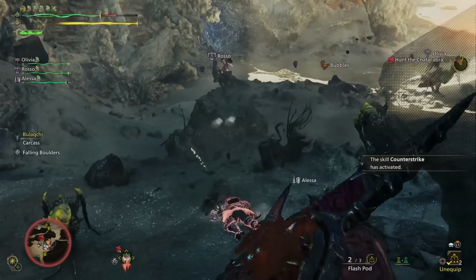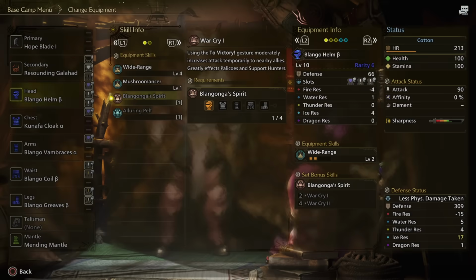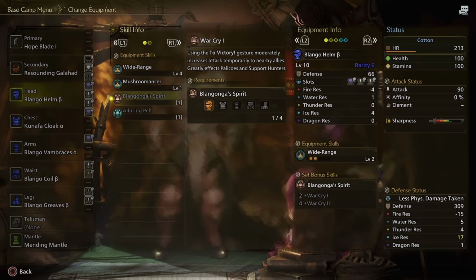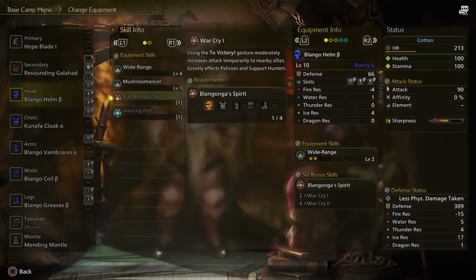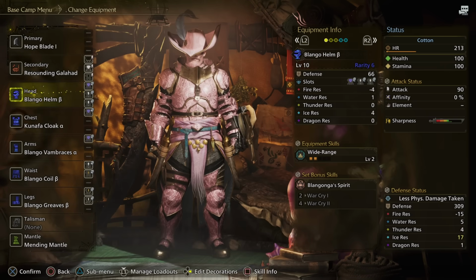Before throwing them at stuff and seeing how they do though, let's go over all the ways that you can boost support hunters. From your equipment, you can use Blanganga 4-set bonus. This makes the For Victory emote apply bonus attack to all nearby allies. For player hunters, this is a +6 raw attack bonus, which is quite small, but the subtext on the actual set bonus states that it greatly affects palicos and support hunters, meaning that it has a larger effect on them